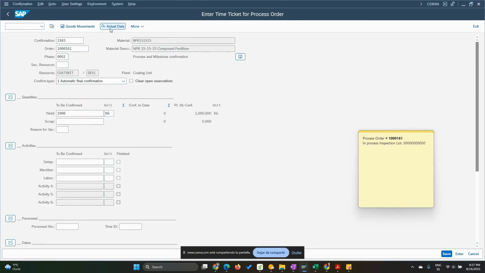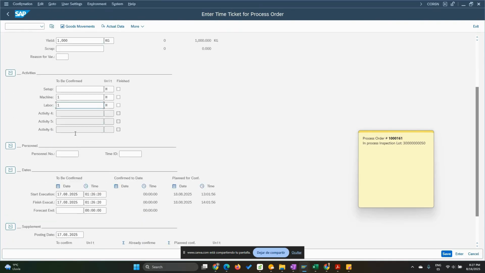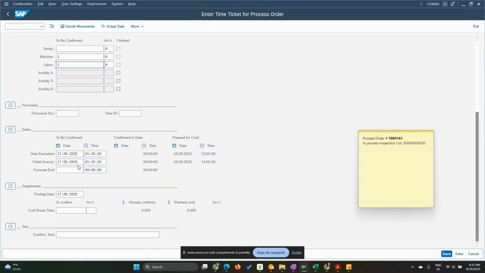Okay, so for machine, let's assume we will have a kind of a, okay, let me see if I can get more data here. Yes. When you press the actual data, right, the system will propose what it's supposed to be consuming. Okay, so you can modify that if it took more time, for example. But for 1,000, we are supposed to be consuming 1 hour machine and 1 hour of labor. Okay, we can just leave it as it is. The system is